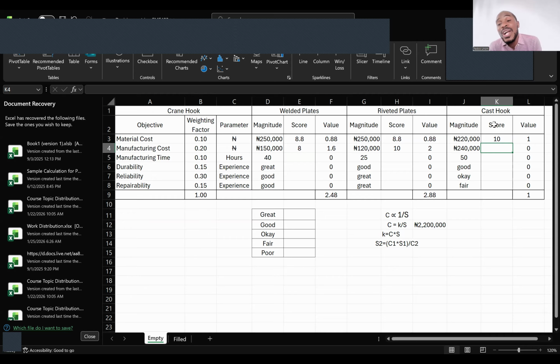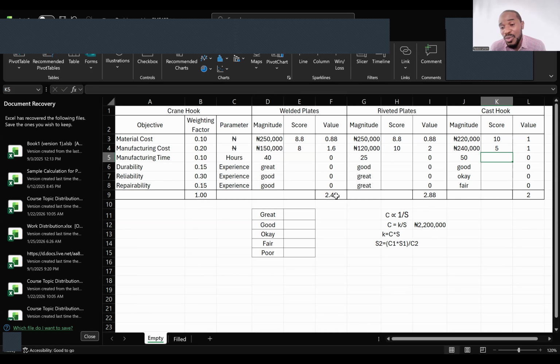Now, when you come to casting the hook, it's more expensive. So you discover that getting materials is cheaper, but it has the most expensive manufacturing cost. So what will be the score? The score will equal this times this divided by its own cost. And that gives us 5. So already,